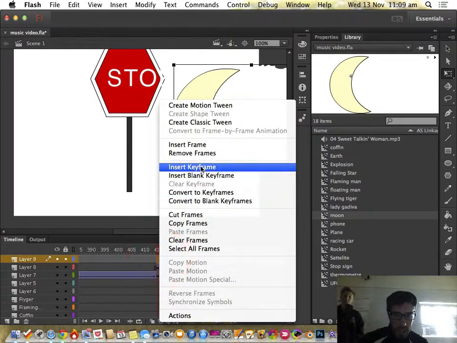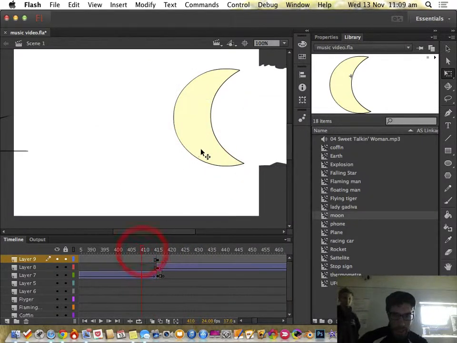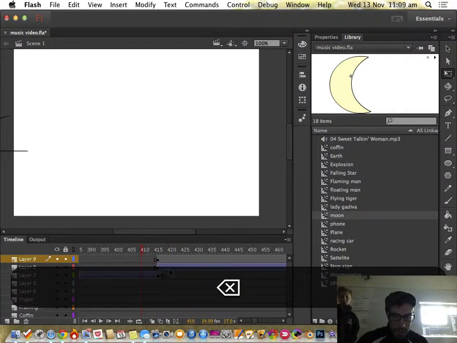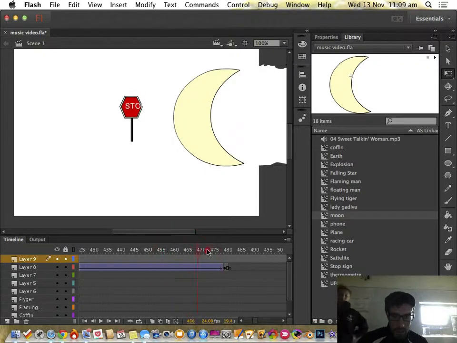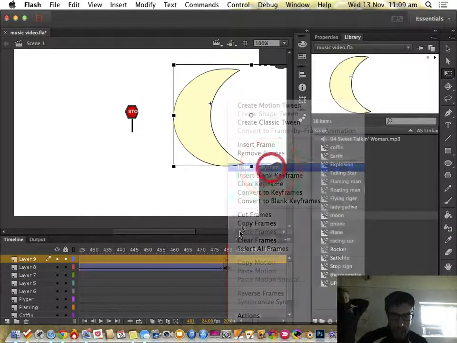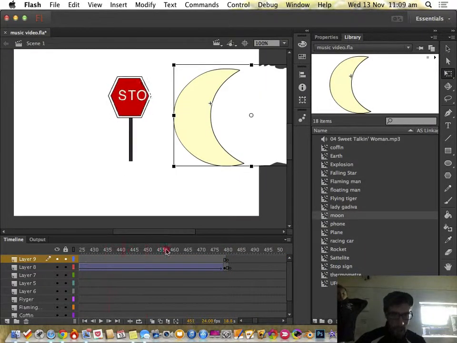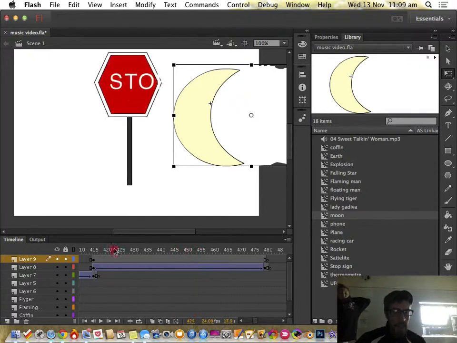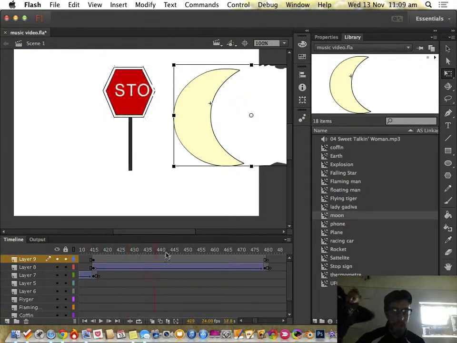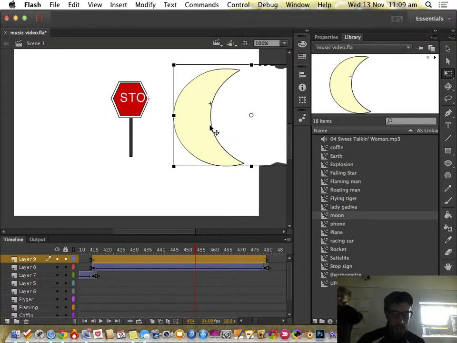And I will insert a keyframe. And then I'll delete it. You'll get this down pat really quickly. Scrub across, insert a keyframe, delete the moon. There's our moon. So you can have several things going at once. You can have the stop sign disappearing, and I might make the moon